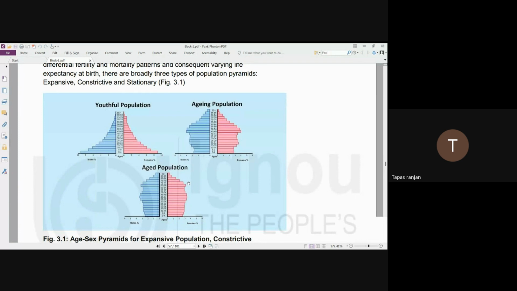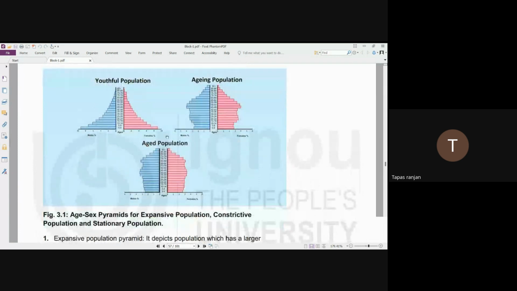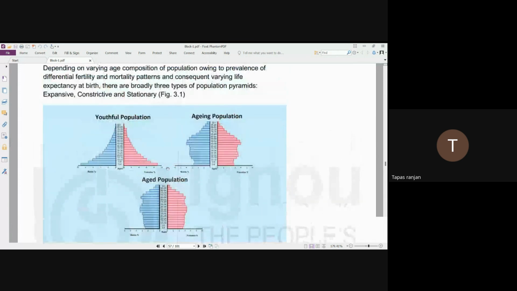stationary age pyramid. Why? Because the birth rate and death rate has been reduced, and population is somewhat stationary or somewhat constant in nature. Here the birth rate will be very high, so that's why the young population or young age people or the babies, okay, from 0 to 4 years, so they are contributing highest to the population. Okay,